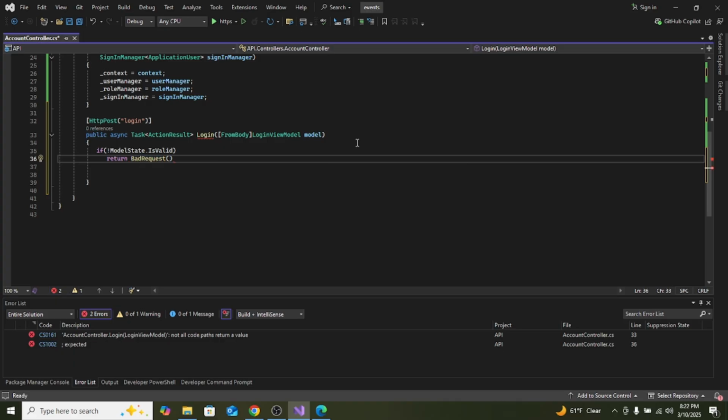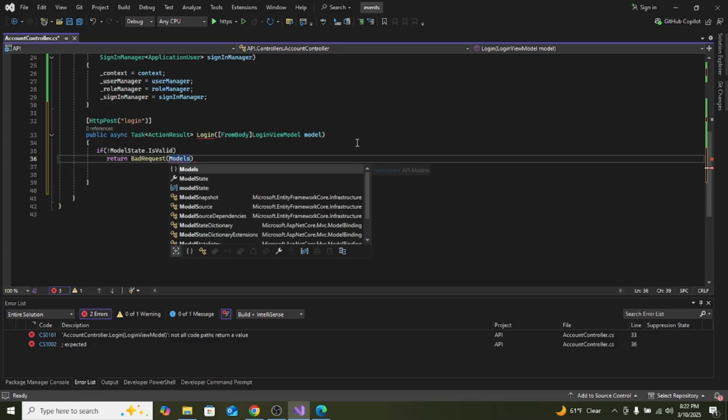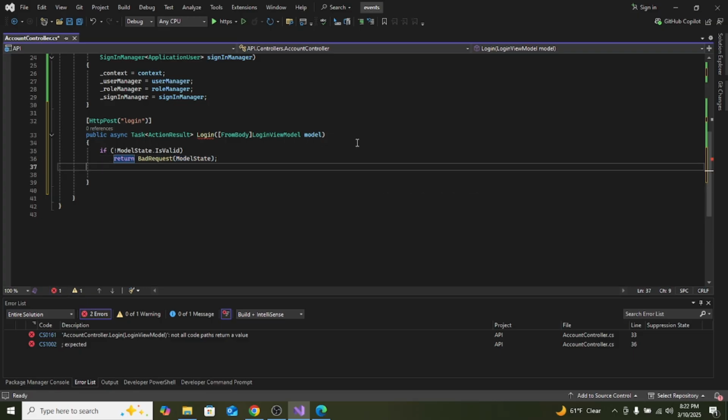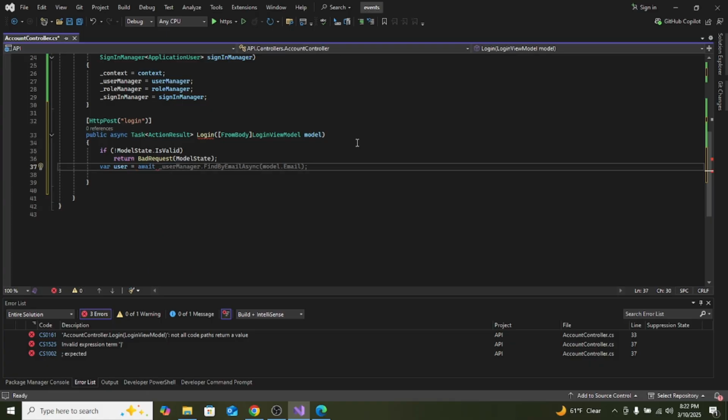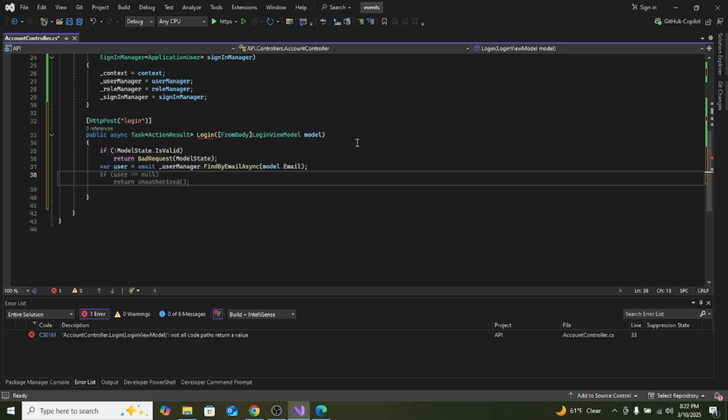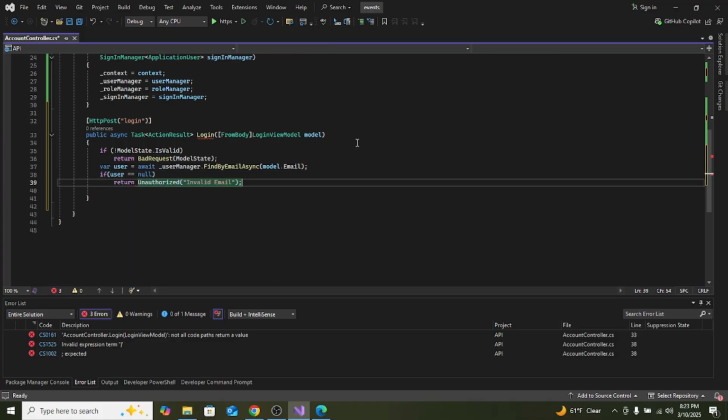So now here we're going to create a user, a var user, and we're going to use await because we're using asynchronous. And then underscore user manager, and find by name async, because again we're using asynchronous. And here we're going to do the model.email, because we're going to use the email to log in. And then here I'm going to check it. So I'm going to use, if user is equal to null, we're going to return